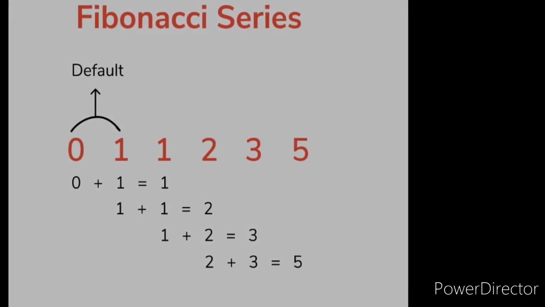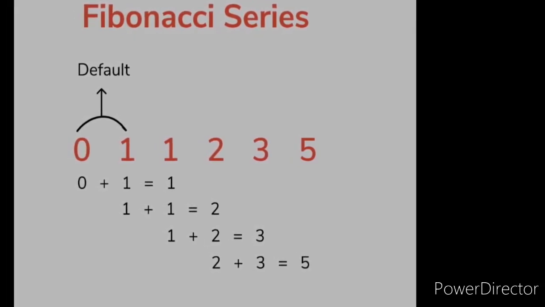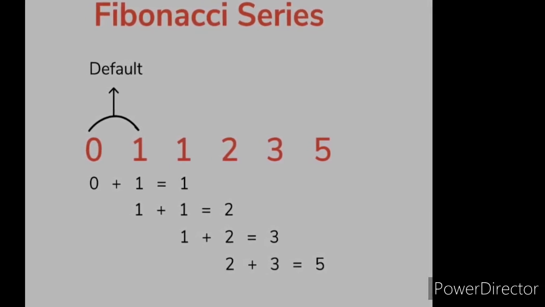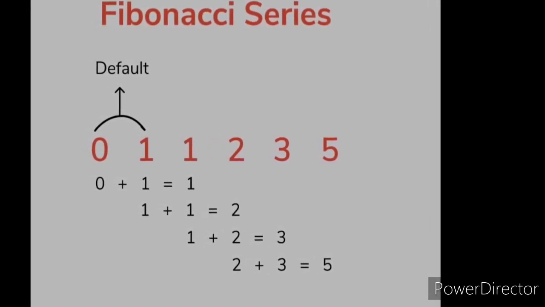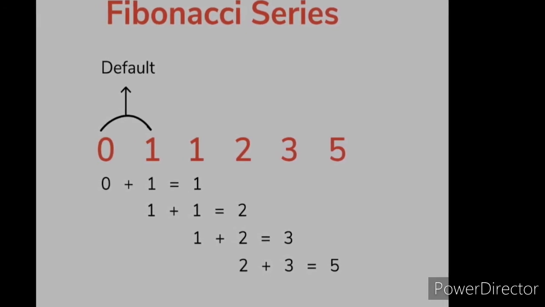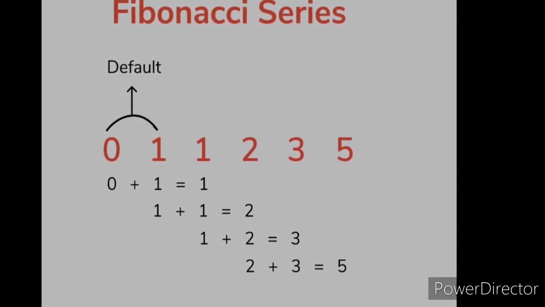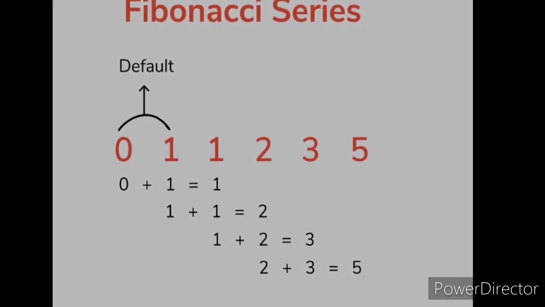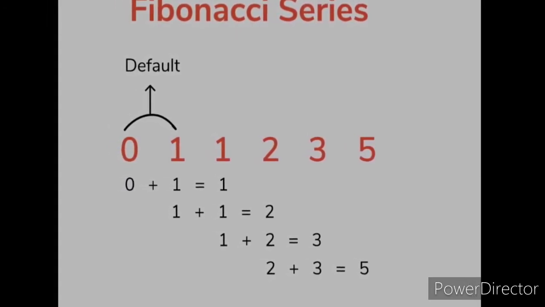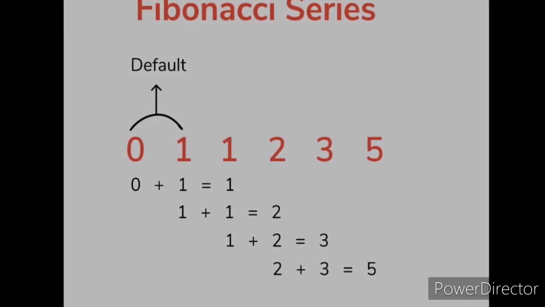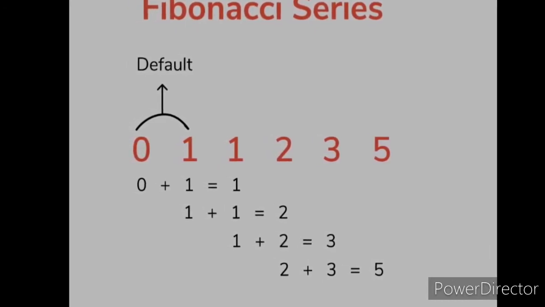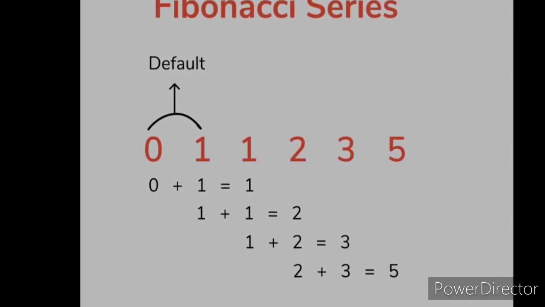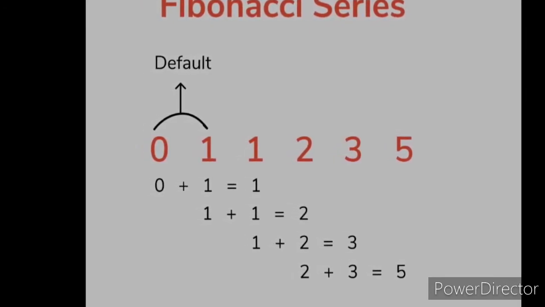Now, similarly, first number will be changed. जो पहले सेकंड नंबर था वो अब हमारा फर्स्ट नंबर बन गया है, और जो सम आया है वो अब हमारा सेकंड नंबर हो जाएगा. So what is the sum of 1 + 1? 2. Similarly, now change the first number and second number. Now, in the previous case, what was the second number? 1. And now what is the sum of previous number? 2. So 1 + 2 = 3. Similarly, we will do it till the last. So this is Fibonacci series.